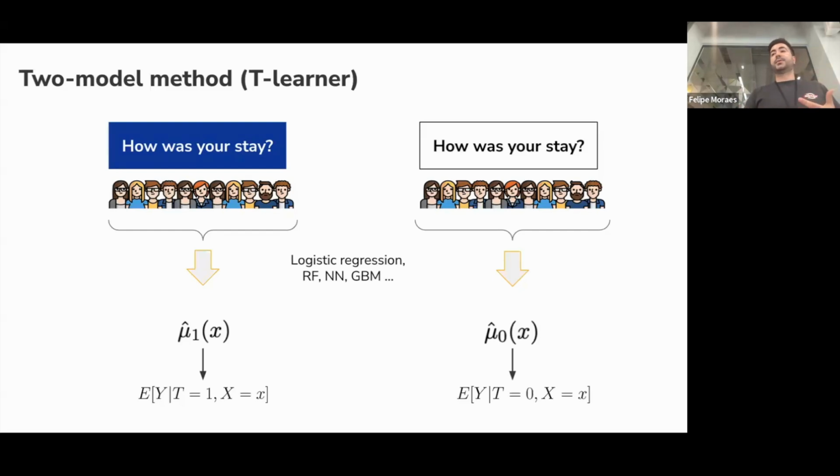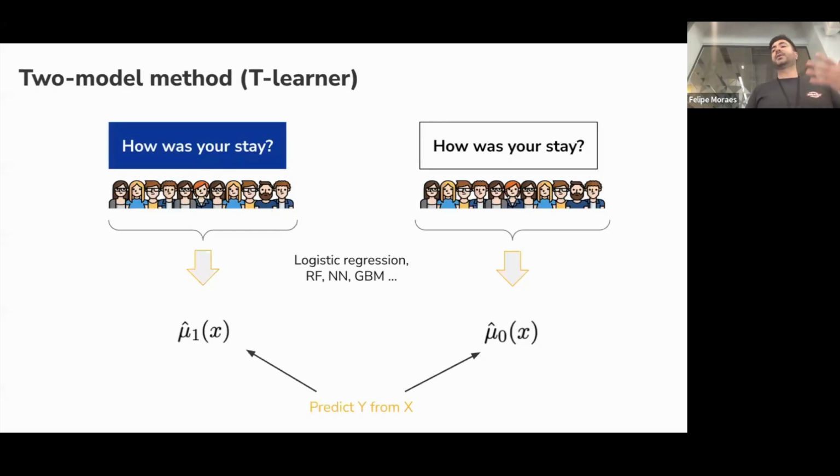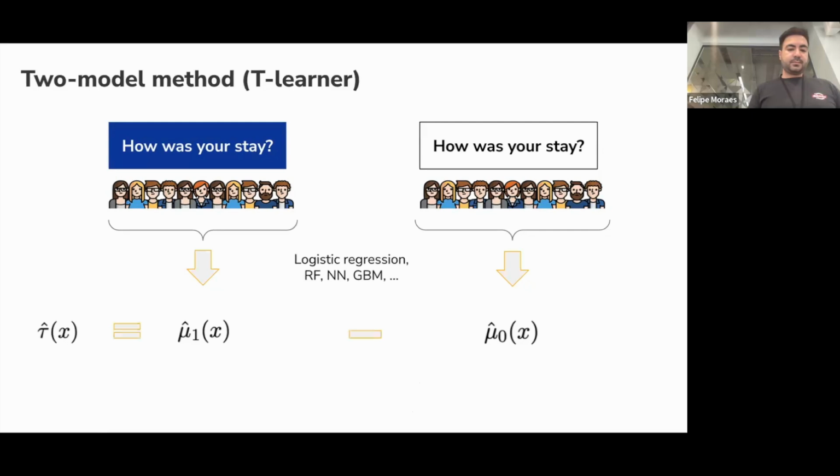So, as I mentioned, you predict this Y from the X that you're trying to estimate. What is the Y for the non-treated? What is the submission rate that you're expecting from the treatment, and from the non-treated? After having learned these models, I can go to a specific individual and compute the individual treatment effect of this user. I call the first model with the same features, I call the second model with the same features, and I just take the difference between them. And this is the treatment effect.